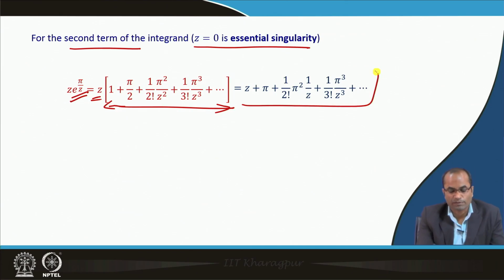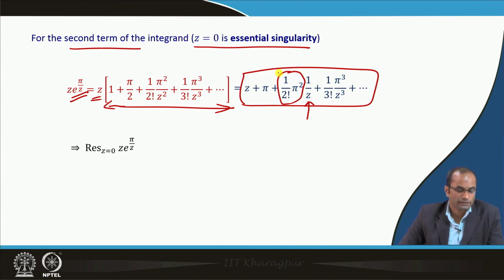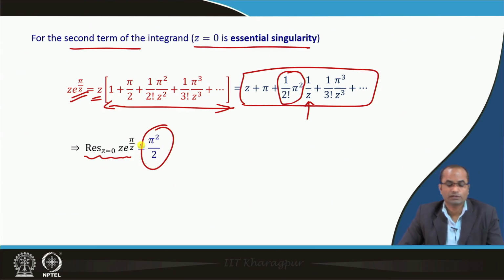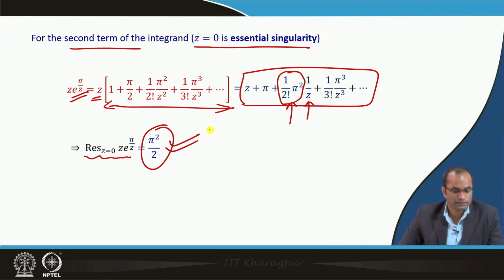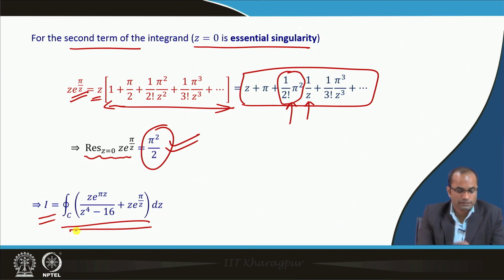Finally, this is the expansion for this given function, and as far as 1 over z is concerned, this is the coefficient here for 1 over z, and therefore the residue of this function z e^(π/z) is π^2 by 2, because this is going to be the b_1 term, the first term where the negative power starts. So, this is the first term 1 over z, and this is 1 over factorial 2 times π^2, that is the residue we have,